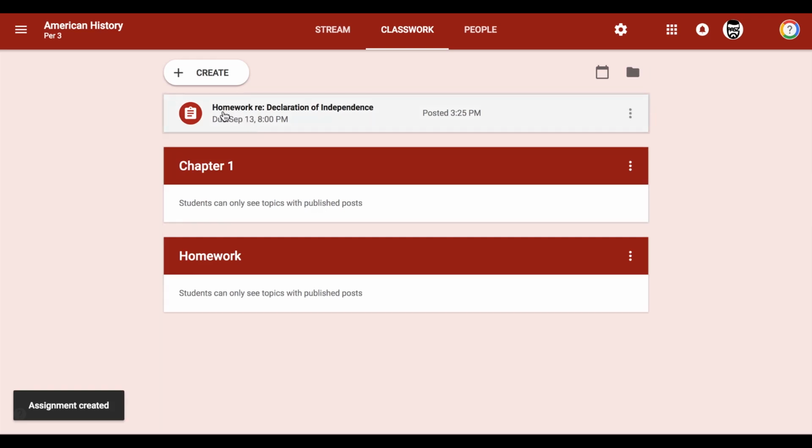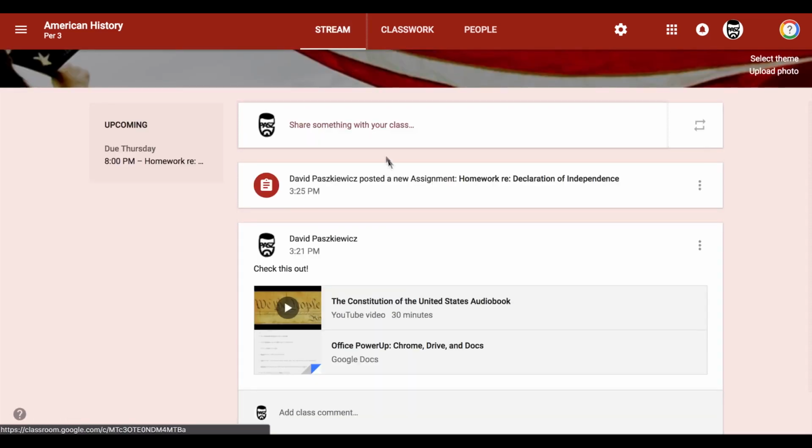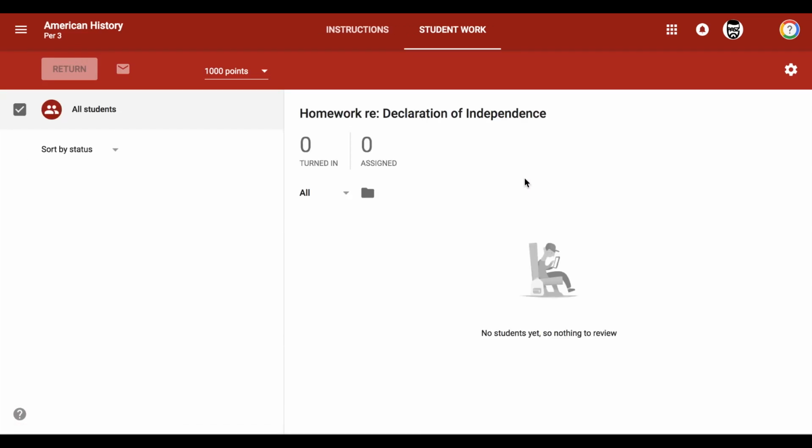It assigns it to all my students. It shows up in classwork. And if I go back to Stream, it shows here. Your teacher's name posted a new assignment called Homework Regarding the Declaration of Independence. When the student clicks on it, they have the option to open the document. They have the ability to see, fill out the document, read the instructions, things like that, and turn it back